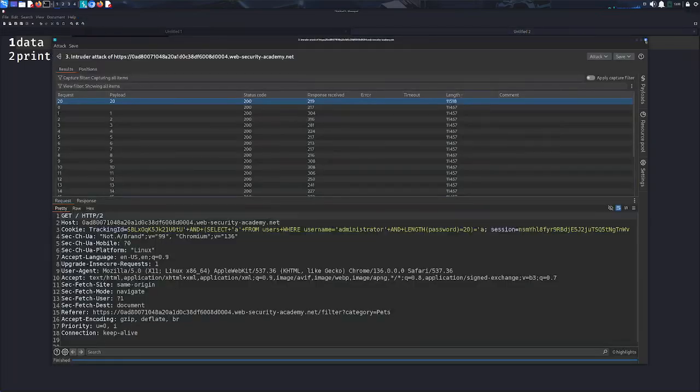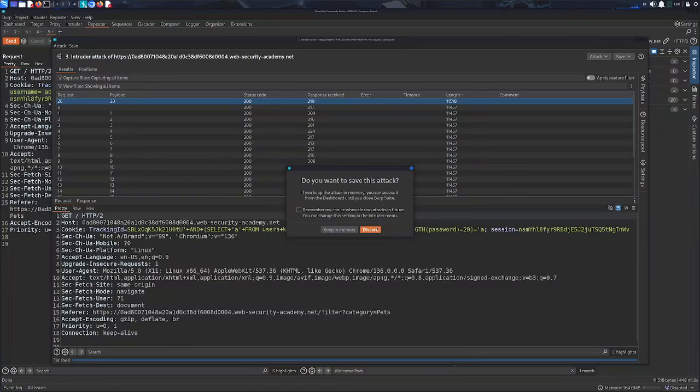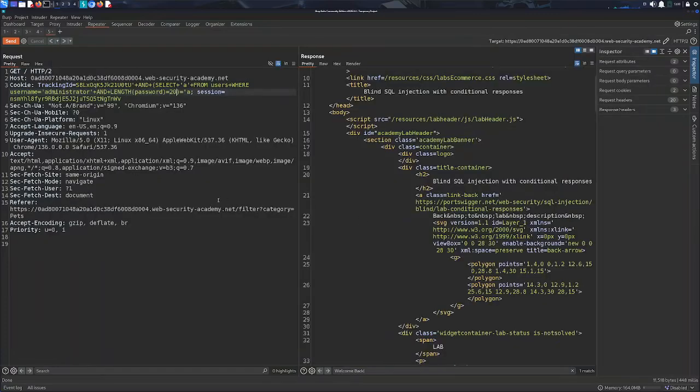Close the Intruder. Again, you can keep it in memory or you can discard it. If you have the Pro edition, it'll have the extra option of saving to the project file, which you can back up and look at later. In our case, for this lab, we don't really need it, but we now know the length, and we just want to check the